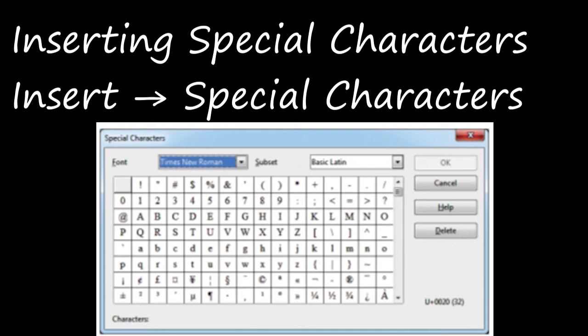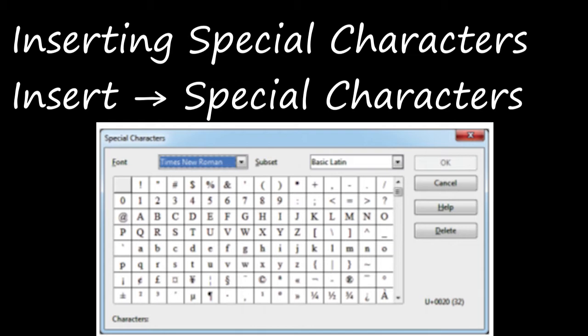So to insert this special character the same way as we did for inserting pictures, first you have to place the insertion pointer in the document where the character must appear, and then you can go to Insert, and from the Insert menu you can just click on Special Character. Okay, then the Special Character dialog box will be opened.